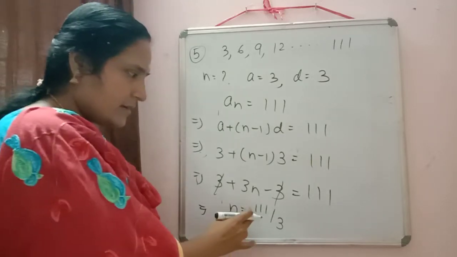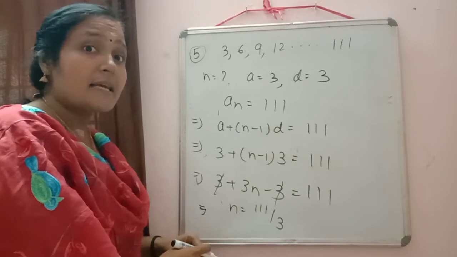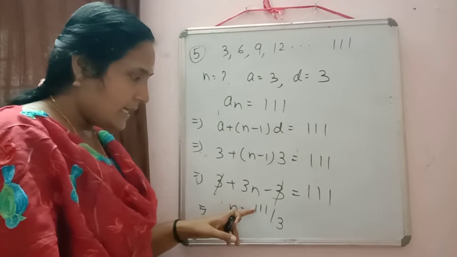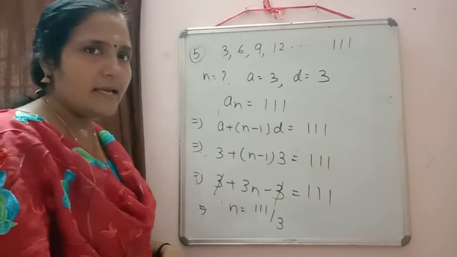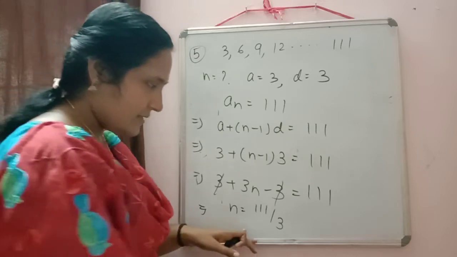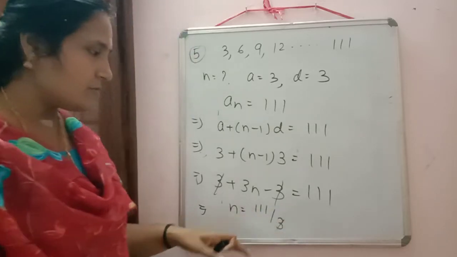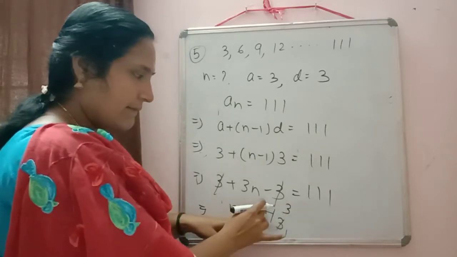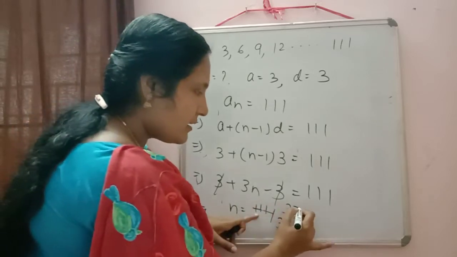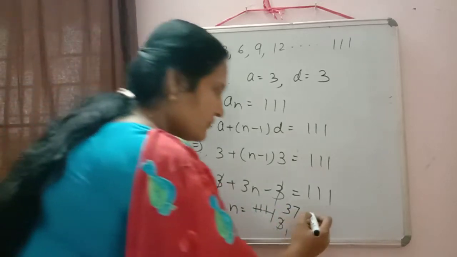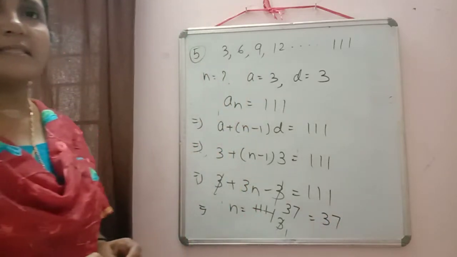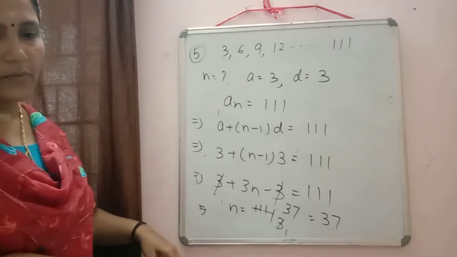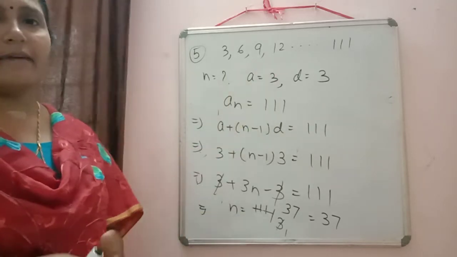Is 111 divisible by 3? How are we checking? What was the divisibility rule of 3? Yes, the rule was: if the sum of the digits is a multiple of 3, then the number is divisible by 3. Here we are getting the sum as 3, so we can cancel it by 3. 3 ones are 3. Here we will get 3 3s are 9. 11 minus 9, 2. So 21. So 3 7s are 21. So we are getting n is equal to 37. So the answer: the question was how many terms are there in the sequence. So there are 37 terms.